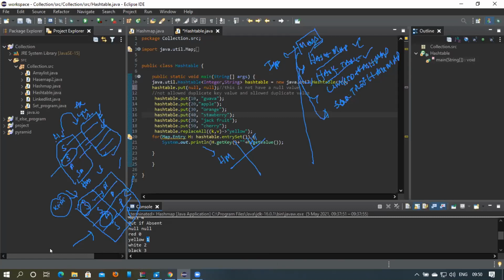So the hash table was introduced with Java itself. When Java was started, with that itself, the hash table was started. Now later on from the 1.2 version of Java, hash maps have been implemented. Now, what is the basic difference between a hash map and a hash table? Both are the same. Nothing much big in the differences.